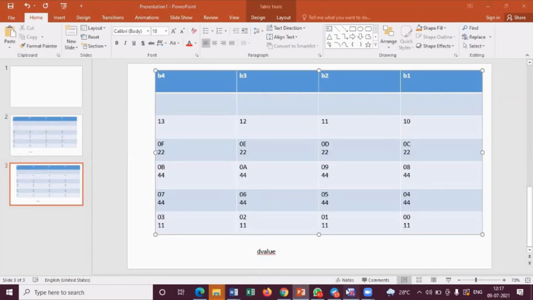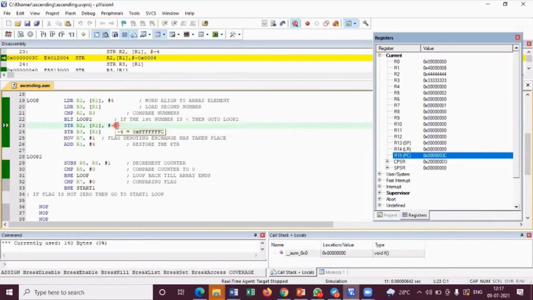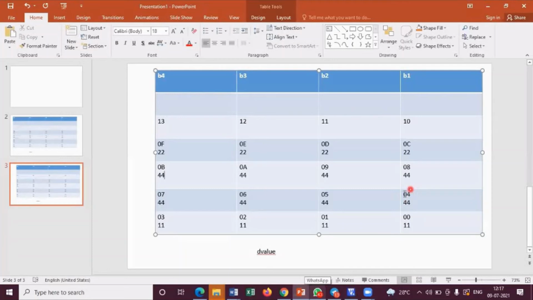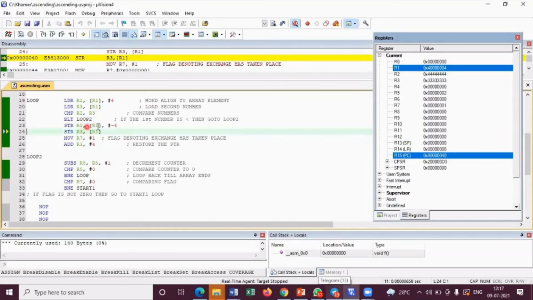Now I will go to the next F11. See, F11. So now R1 will be pointing where? 04. See here. R1 is now pointing to this location, 04. Understanding, guys? Yes, ma'am. So we will see now what is happening. Whatever is there in the R3, please move it to the address where R1 is pointing to. R3 is having what over here? 3333.